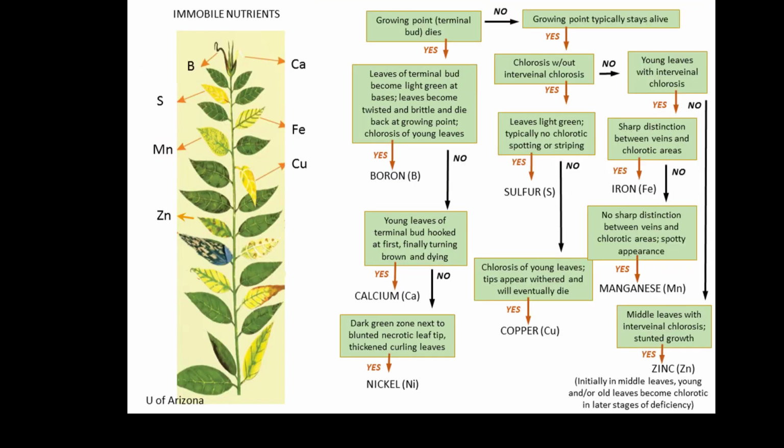Immobile nutrients are going to show up on newer leaves or younger leaves. One of the biggest ones we get around here is iron deficiencies. And that happens when the soil is too high a pH for the plant. Rhododendrons in particular, quite often they're planted next to lawns, and lawns need a pH of 6.5, and rhodies are going to want to be below 6. So what will happen is that'll increase the pH of the soil, and then the iron is unable to go throughout the plant.